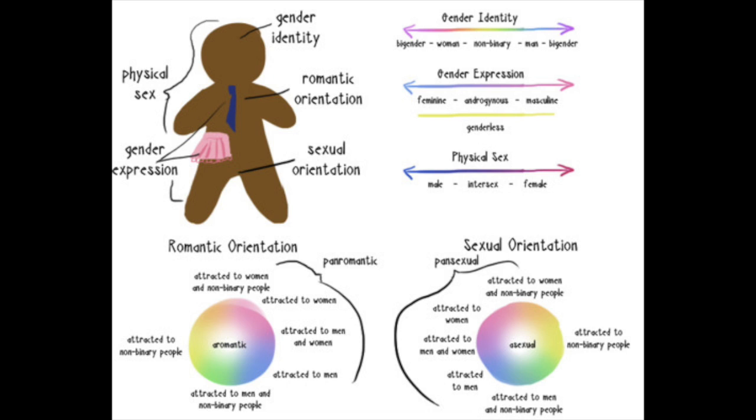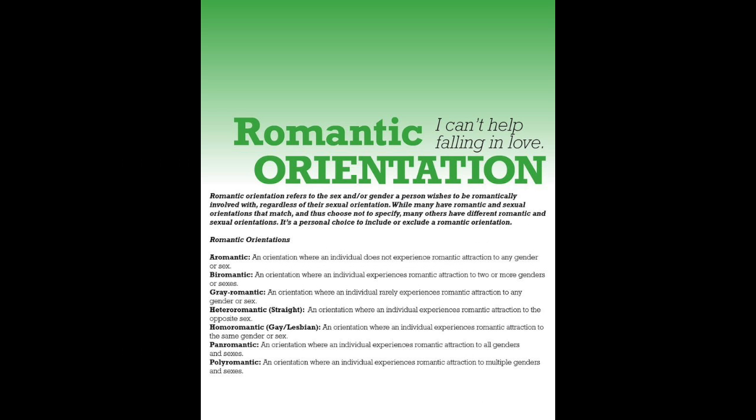Romantic orientation defines your romantic attraction towards other people and whom you're romantically attracted to. It's a desire to be close and intimate with another person, but is not necessarily sexual. What terms are used to define romantic orientations? The sexual orientations most people are familiar with are homosexual and heterosexual. The prefixes homo and hetero can be applied to the suffix romantic rather than sexual, to create a label to define a romantic orientation rather than sexual.